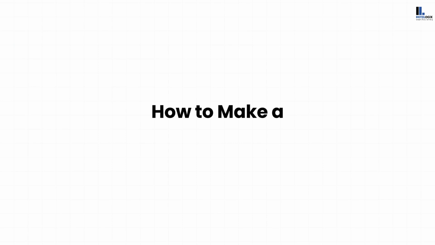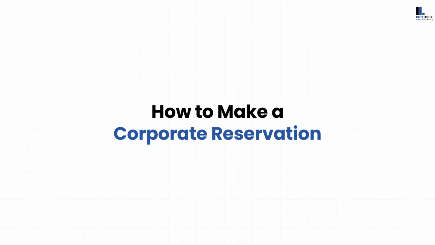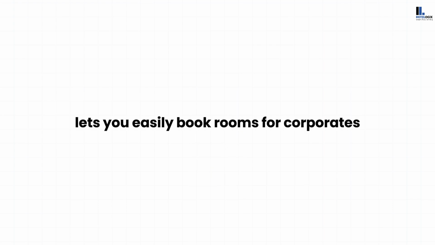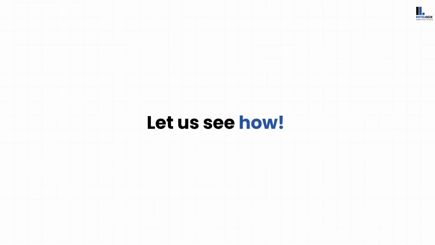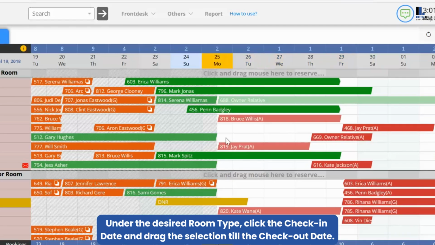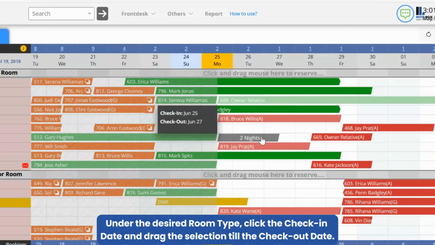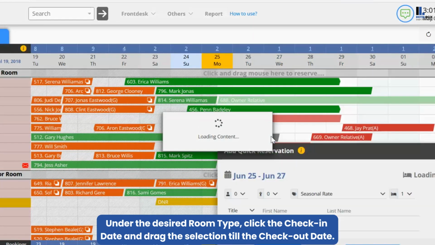This video will show you how to make a corporate reservation. Hotelogix lets you easily book rooms for corporates. A special discount may be provided for the booking. Let us see how. Under the desired room type, click the check-in date and drag the selection till the checkout